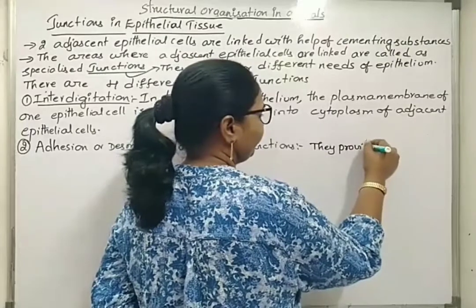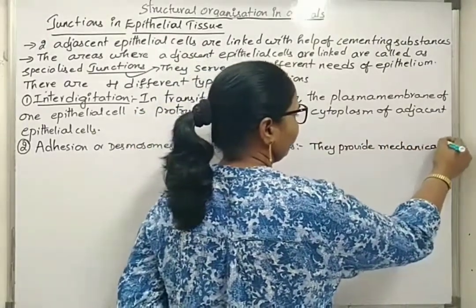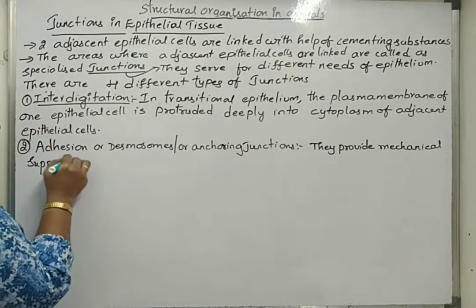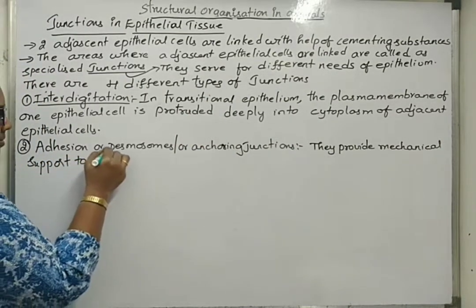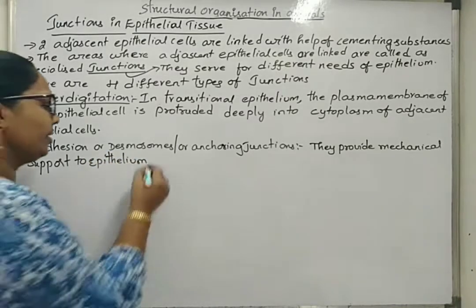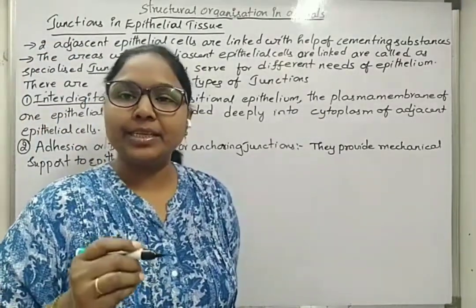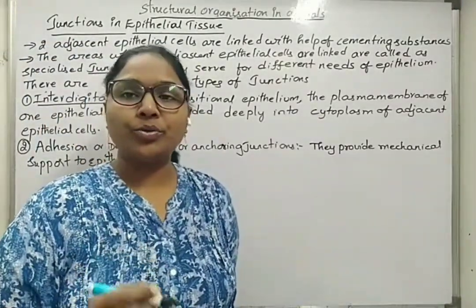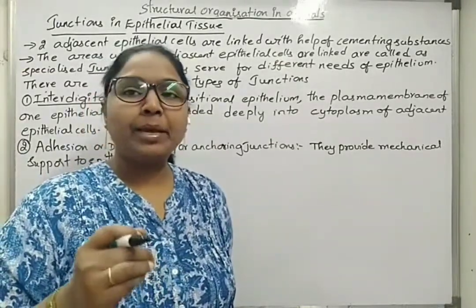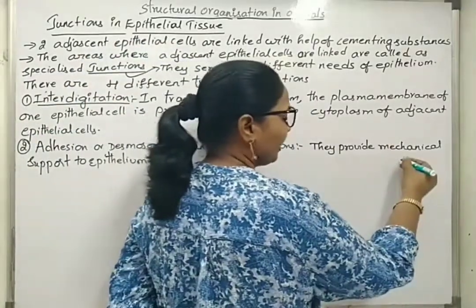They have special types of structures called intermediate filaments or tonofibrils, and also some types of cytoplasmic plaques are present. So if we go for diagrammatic representation,